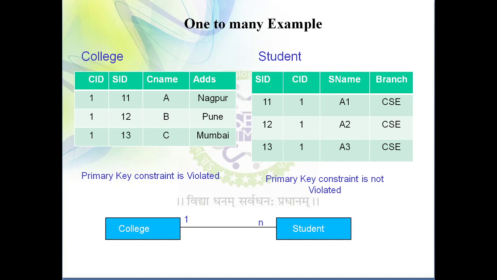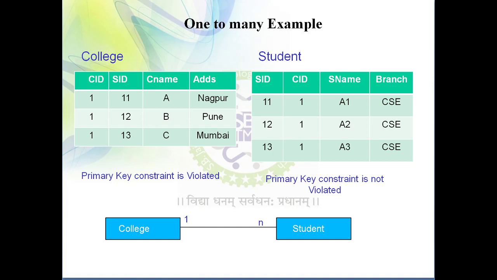Establishing a relationship means what? We are going to join two tables, and when we join two or more tables, the tables must have some common attribute. So having a common attribute is a very important thing. If two tables do not have a common attribute, we are not able to join them. That's why while drawing an ER diagram we need to take care of how to establish a relationship between two tables. Suppose we are establishing a relationship, that means both the entities should have a common attribute.